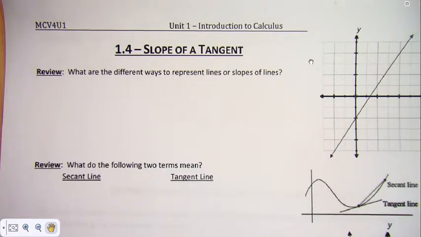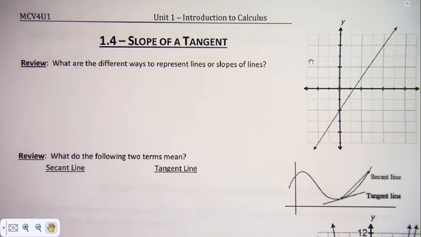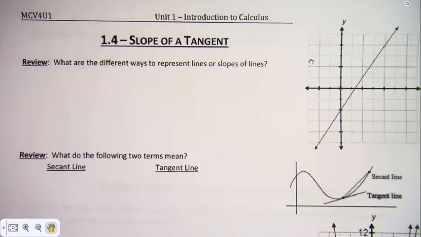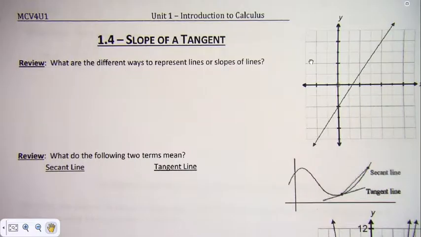Hey guys, today we're going to take a look at the slope of a tangent. Okay, so we're looking at the tangent line to a curve at any point. We want to be able to find the slope of that line. Now you did discuss this in advanced functions over and over, I'm sure, where we talked about the instantaneous rate